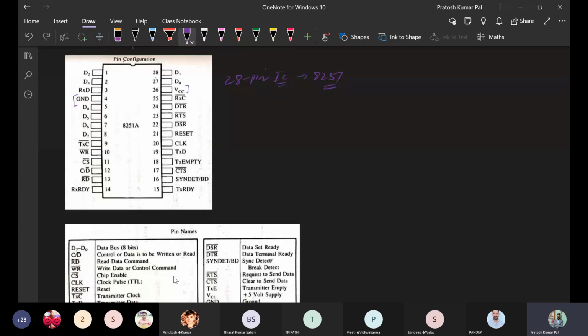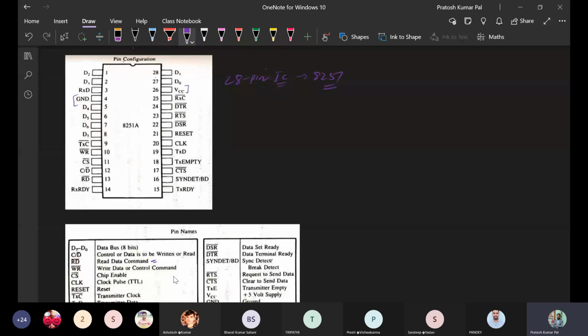Whether we are writing the data or reading the data is given by this C/D bar pin. And read is about how the data should be read from the microprocessor, whether it is a read operation from the microprocessor or of data inside this